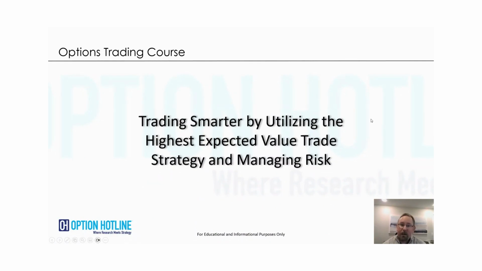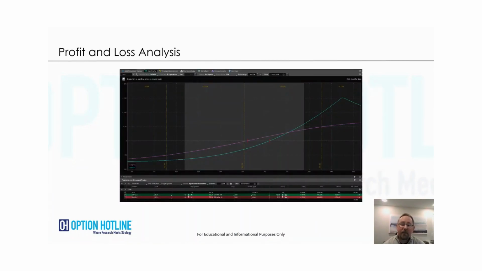Finally, I'm going to talk about trading smarter by utilizing the highest expected value trade strategy and managing your risk. So when I'm looking at something like a call spread here in Tesla, I can look at the value over time and know that if we don't get an acceleration in the move up, it starts to lose value. But if we get an acceleration and move up over time, it can gain extra value. That's important when you're evaluating a call spread versus a call position,